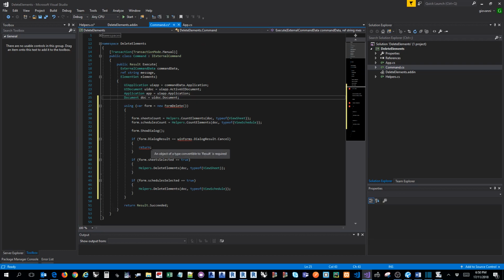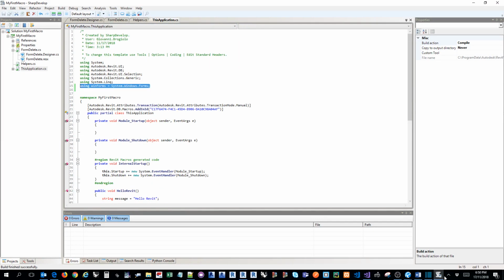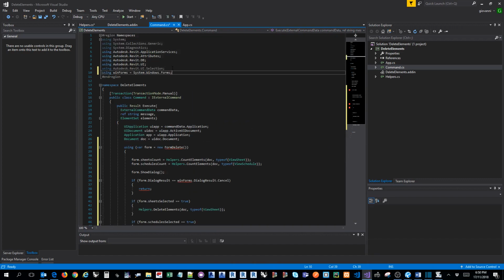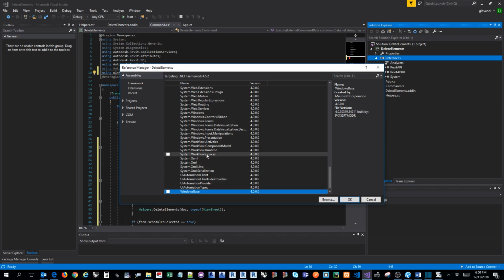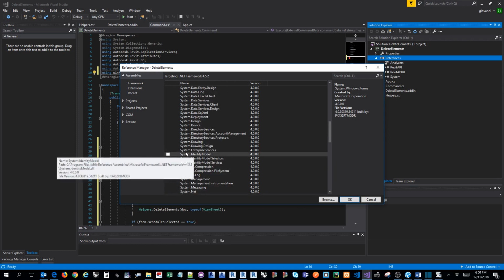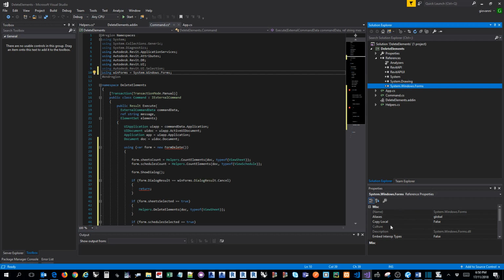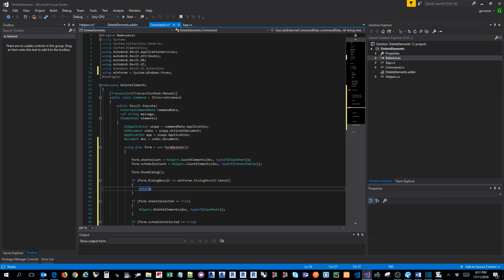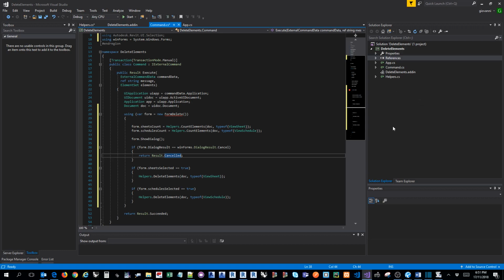Let's go back to the commands. Again, WinForms. Let's take this one and add it to the namespace, and also we need to add it to the references, system forms and also system dot drawings. So both of them need to be added, and let's make sure that copy to local is false. The return should be return result dot cancelled if the dialog result cancel is true, and then we need to add the